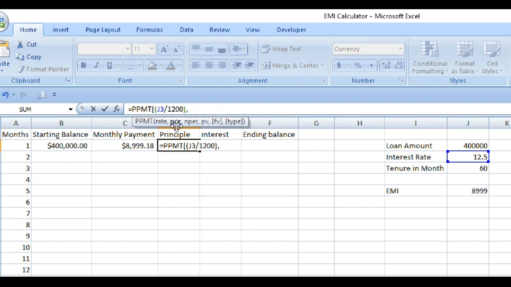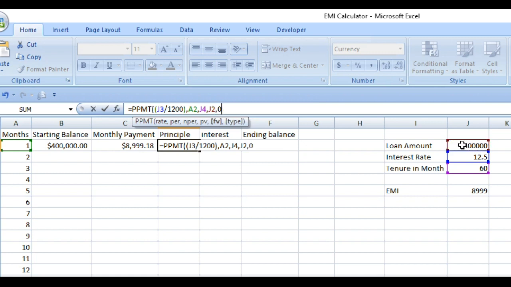Here we are selecting the first month, as we are calculating the first month principal. This is called period, and NPER means number of total periods, that is 60. And next one is PV. PV is the loan value, as we already saw, 4 lakhs. Then FV means final value.